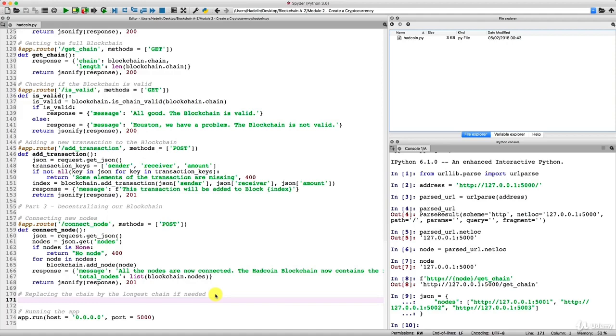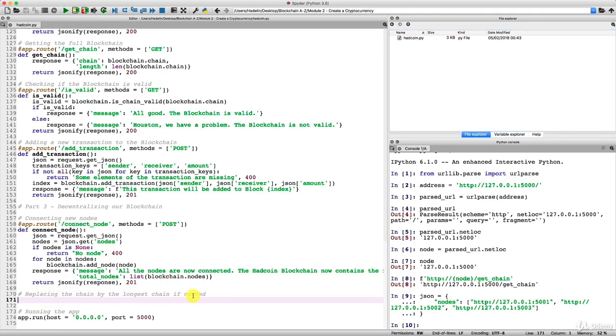And then we'll do another very quick implementation, which will be the JSON file containing all the nodes we want our blockchain to have. That is, all the node addresses that we put in this JSON file. That is exactly the file posted when we send this connect node request. But in order to keep track of all our nodes, when we want to add some new ones, we should make this separate JSON file containing all the nodes of our network. And that's exactly what we'll do in the next tutorial when making the separate implementation, and then we'll be good for the demo. All right, so let's make that final request right now, replacing the chain by the longest chain